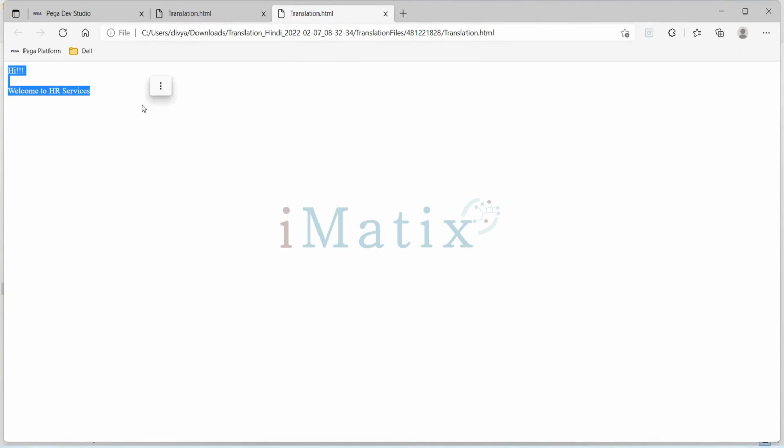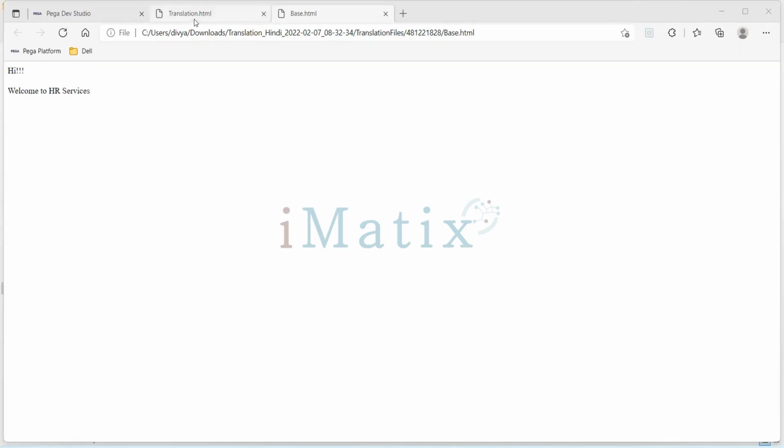This part is not directly from the Excel sheet, but it's part of another translation. For example, I would like to change it. Suppose if I would like to change it, I can create an HTML with the Hindi font